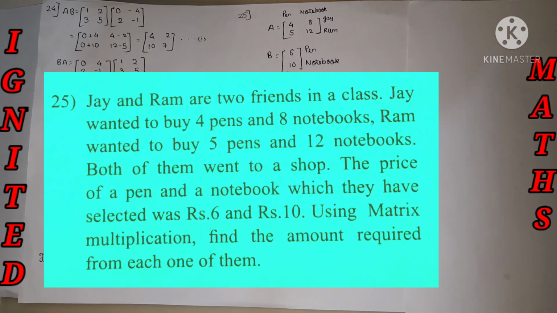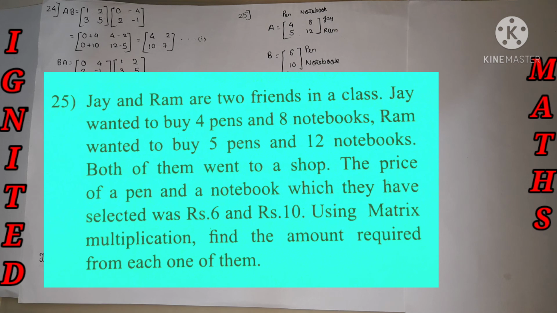The 25th main question is completely based on a word problem sum. We need to convert it into matrices, and with matrix multiplication we can find it very easily. Let's get started. Now we'll find out the AB matrix. Just name the A and B matrices, because two different types of matrices are given.